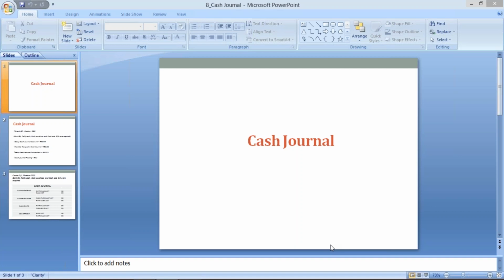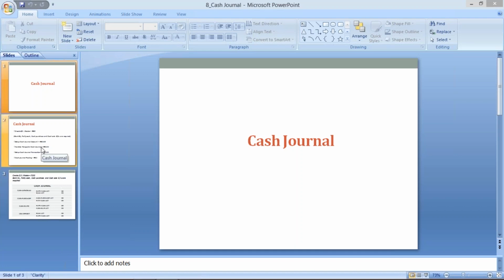So there is no difference, guys. Cash journal is nothing but petty cash related transactions. Whatever transactions take place in terms of cash, all these transactions are going to be recorded through the cash journal. So this is all about cash journal. Now here we need to understand the configuration which we are going to do, and then we'll post certain end user transactions, and then I'll let you know what people are going to ask about cash journal during interviews.